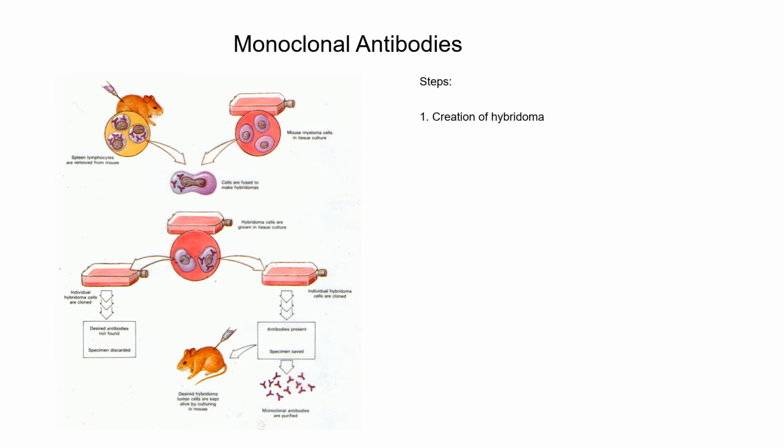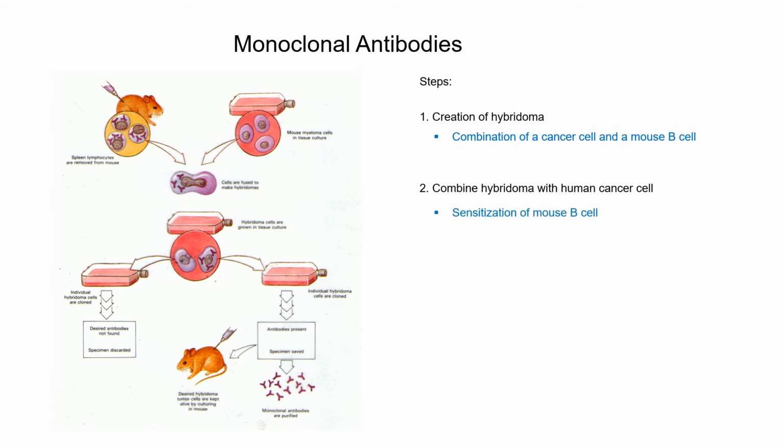Now what we do then, once we create this hybridoma, we're going to mix it with a cancer cell from the human. Now, our immune system can't see this cancer cell as being foreign because it is one of our cells. The receptors are identical to all the receptors in us. So understand, when somebody has cancer, that means the immune system is not functioning like it should. So now what we're going to do is to get the mouse to identify it as being formed by mixing the cancer cell with the hybridoma. The B cell components will bind and become sensitized. When they do, they will differentiate into plasma cells, and the plasma cells will produce antibodies.